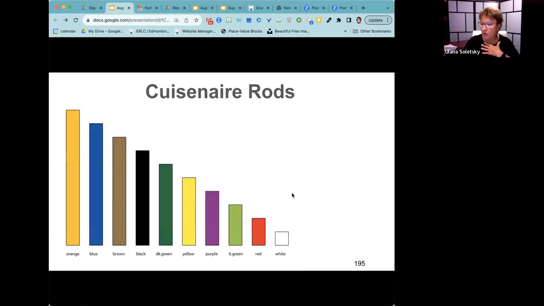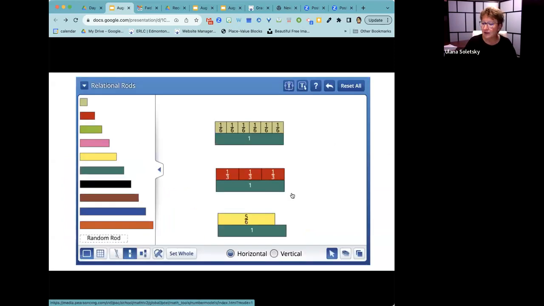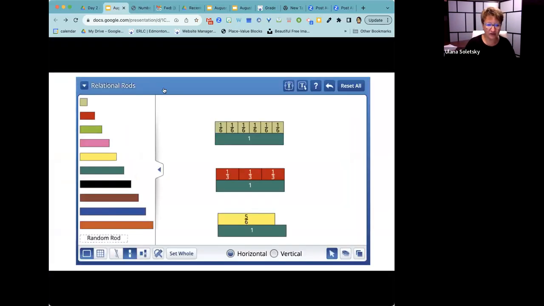So Cuisenaire rods, on the other hand, are linear models of fractions. And what we do is we assign fraction names to the rod. So for example, with these, I'm not going to do that right now because time-wise, we're not going to make it, because there are a few other things I need to get to. But you can move these on the screen and you can see that you can break them down